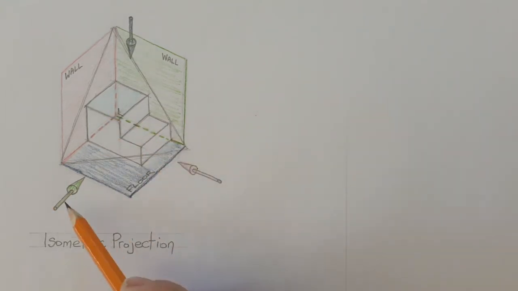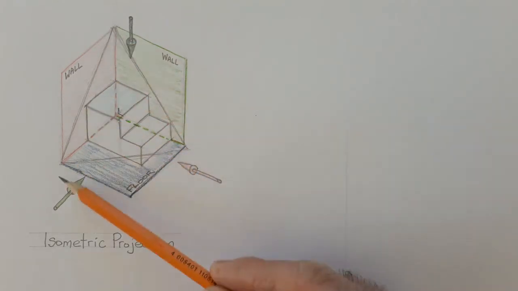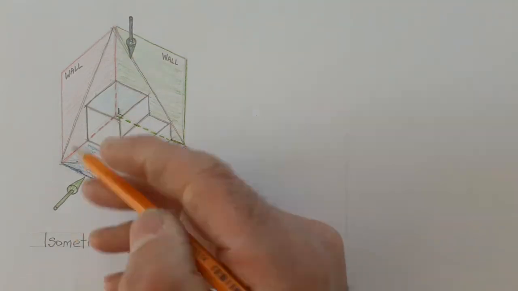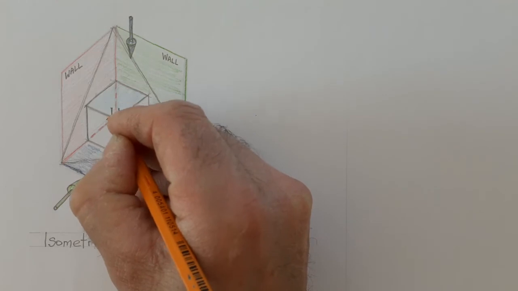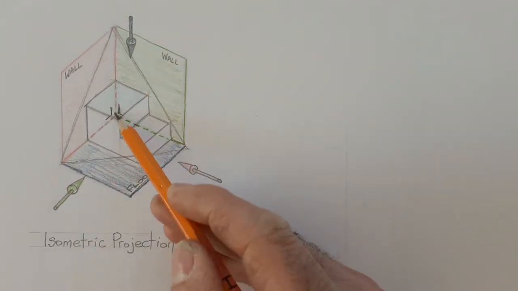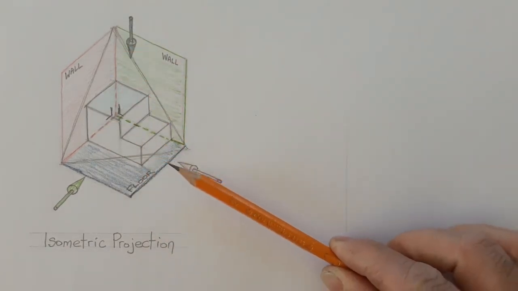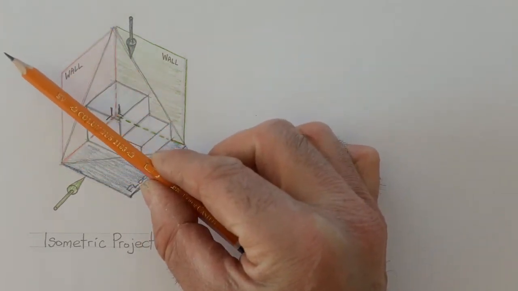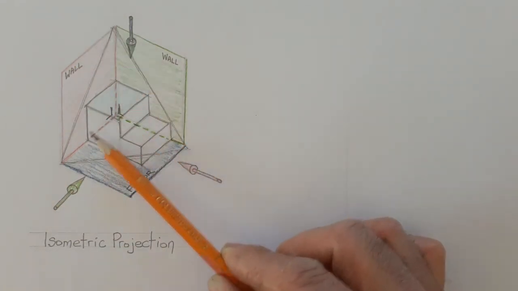If I now walk around here as far as the red arrow, I'm now looking in at the red wall, where the red wall intersects with the floor and the other wall, I know that that's going to form a 90-degree angle in reality. Obviously at the moment it's not, because we're looking at it at an angle, but that's going to form a 90-degree angle. Which is why if we project that over to this space to get its true shape when we set up an elevation, we want to set up a 90-degree angle